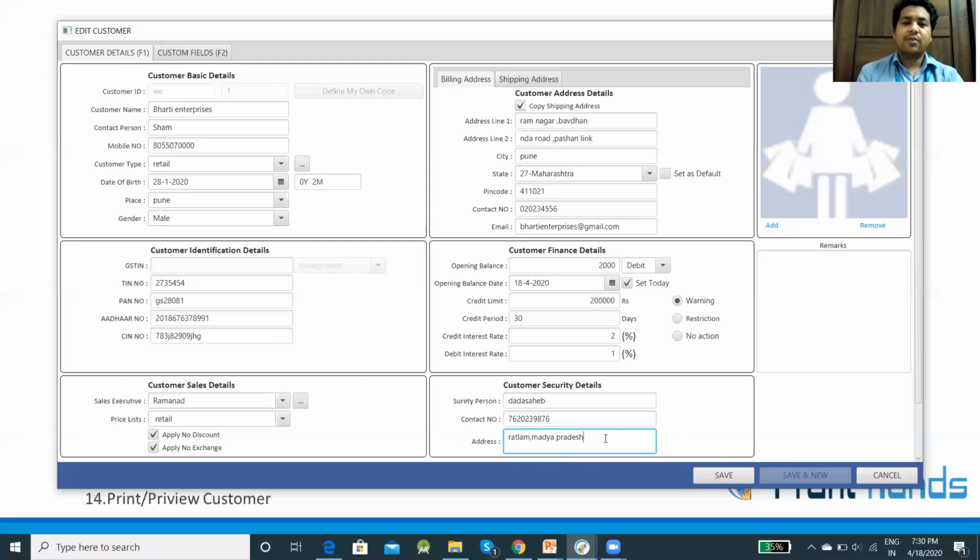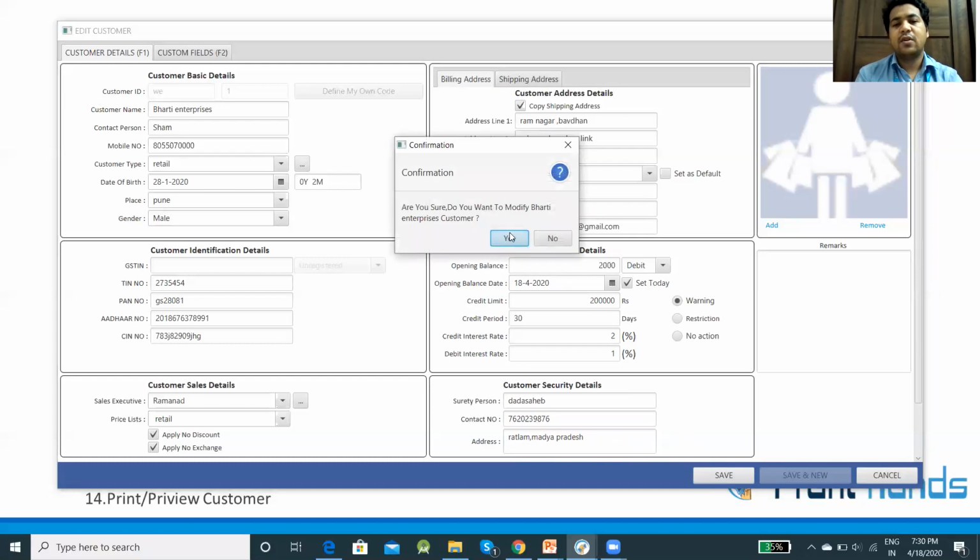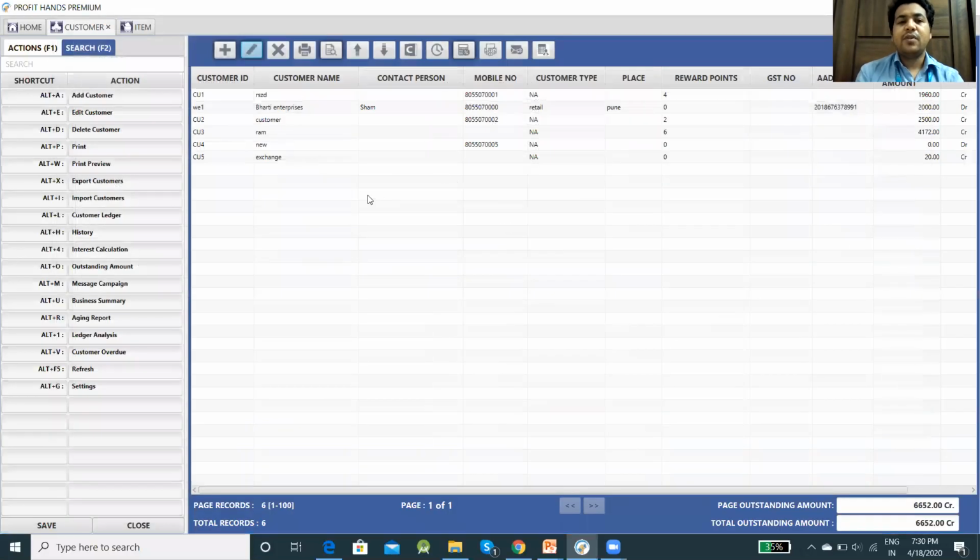So in this way, you can put the details and click on save. So you can see the customer has been created with all the details.